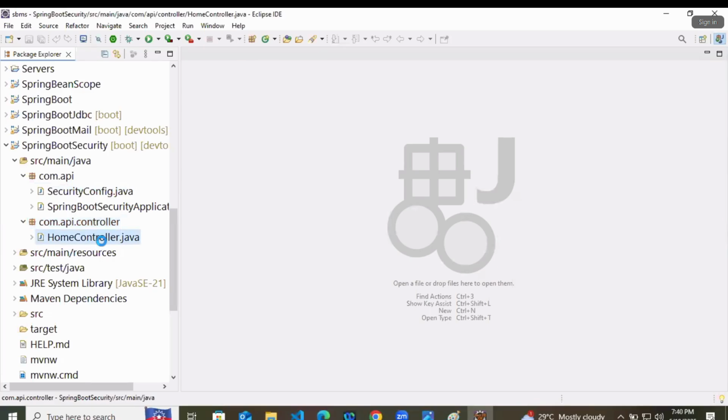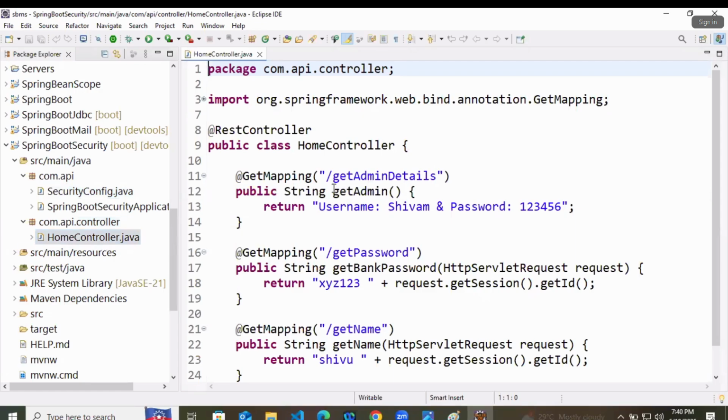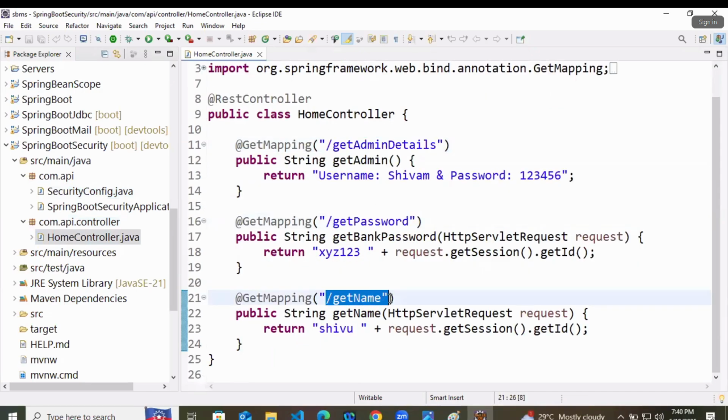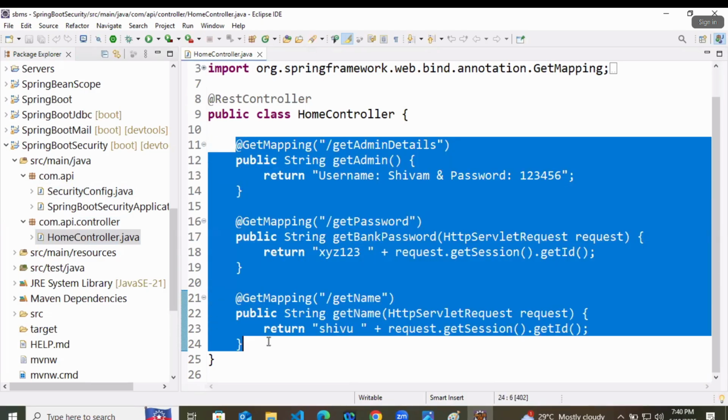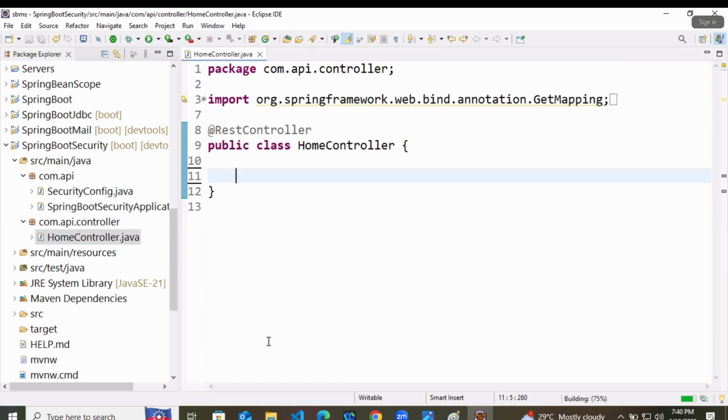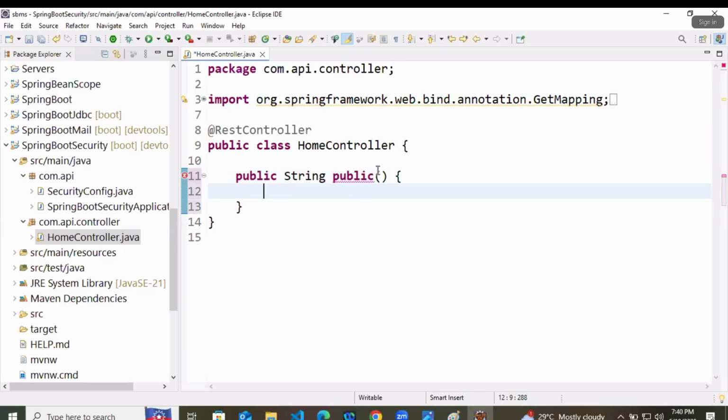So what we have done is we have created these kinds of get admin details, get password and get name methods. I will change all the URLs and methods. At first we will create one public string method.